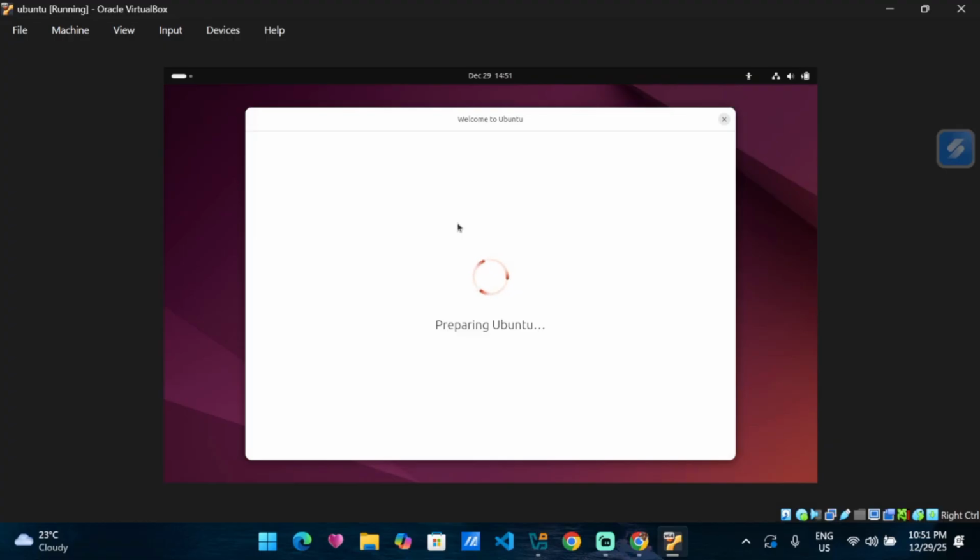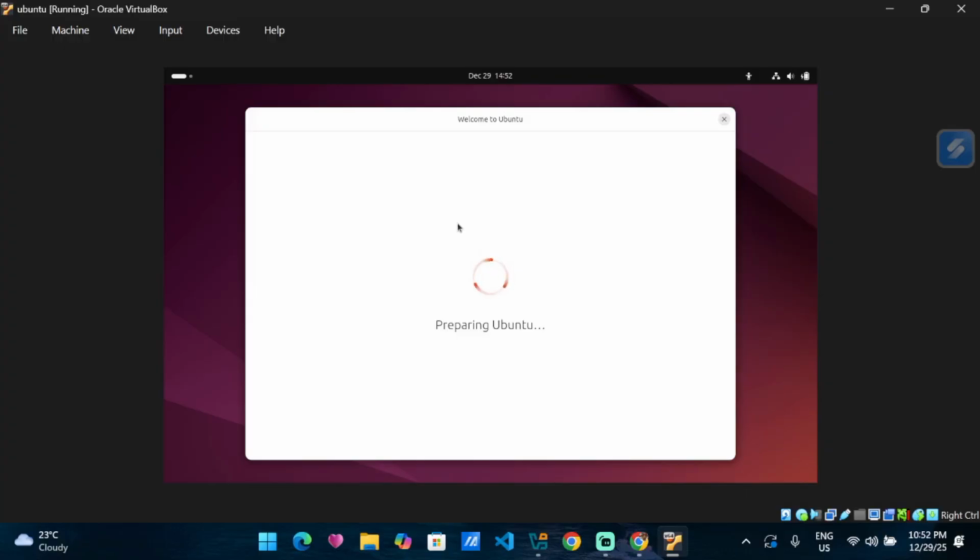You can either skip this part, guys, or just speed it up. This installation is just like the other OS when you install them.